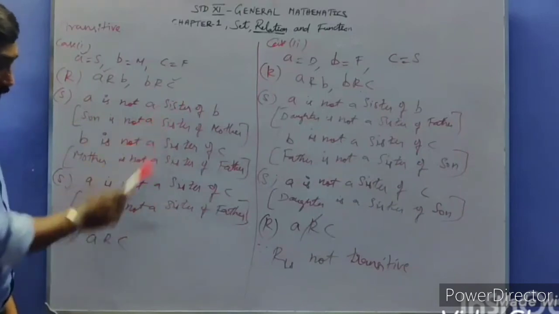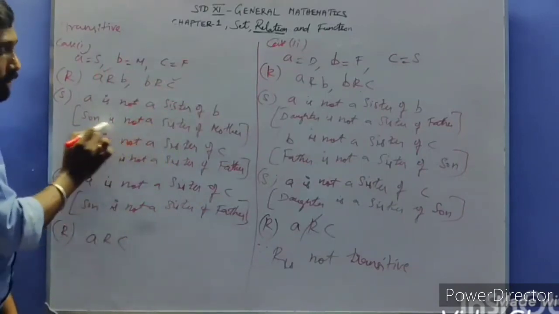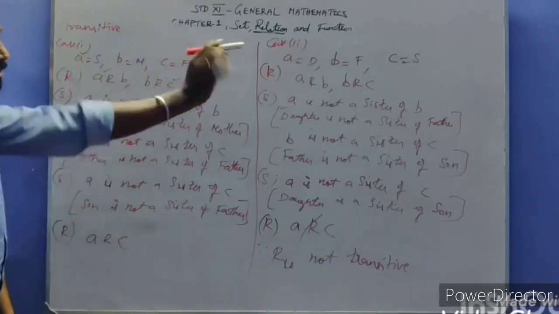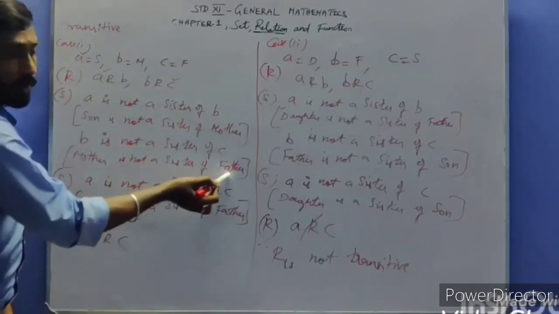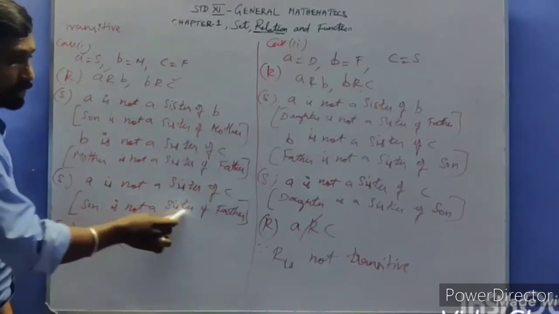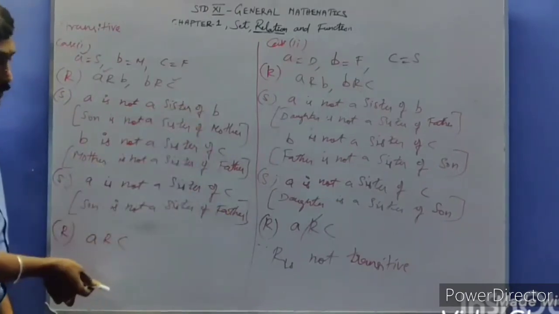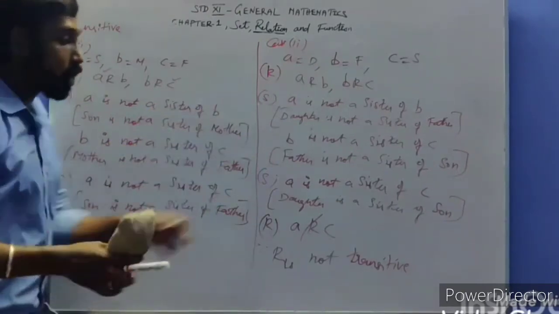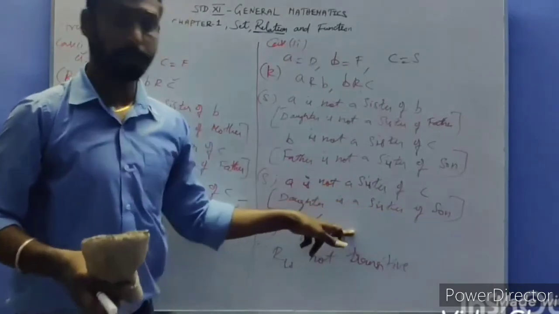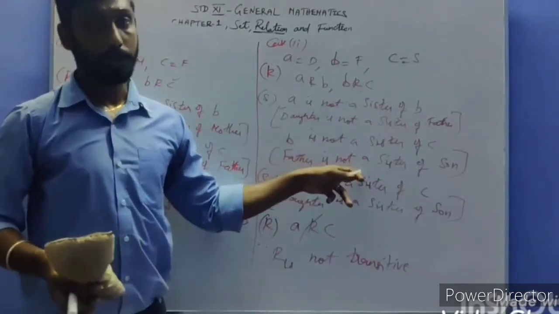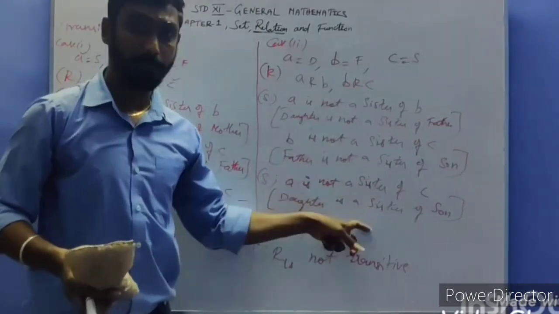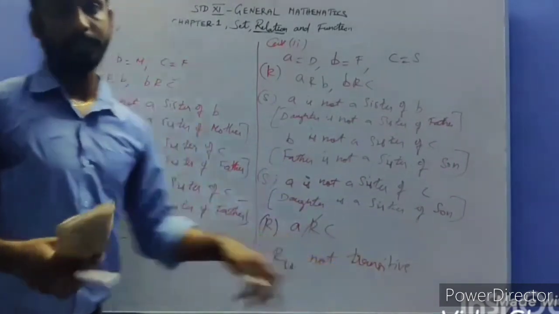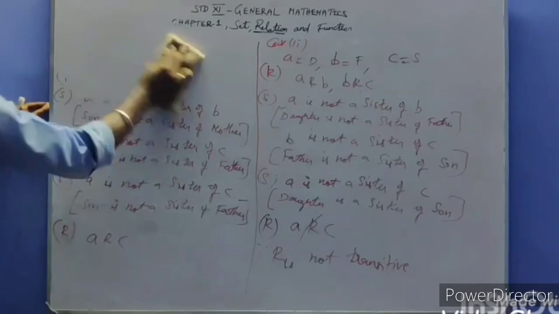Now here see, three conditions are equal. It looks like that because three conditions are possible: son is not a sister of mother, mother is not a sister of father, son is not a sister of father. It will be possible because here daughter is a sister of son. But both the values, it is not possible, because three conditions are here and one condition will be different. It is not transitive.